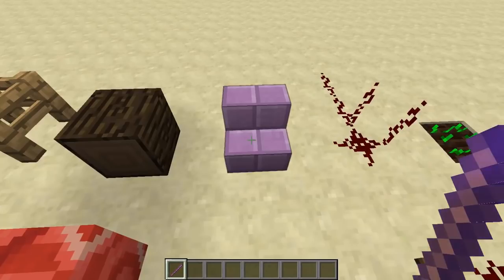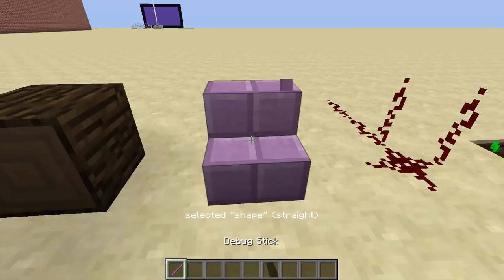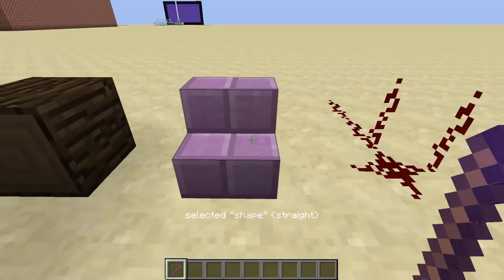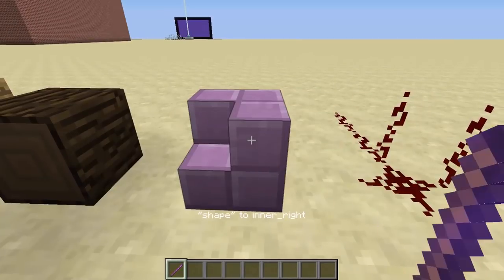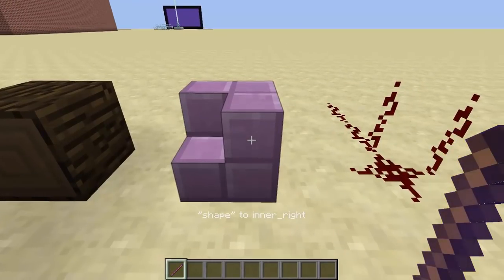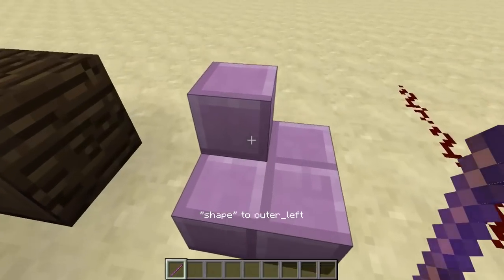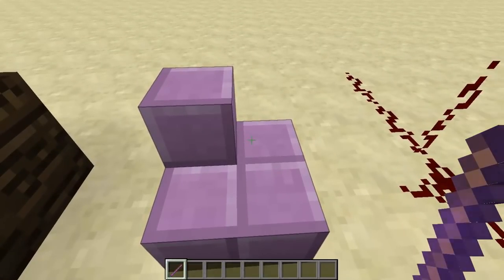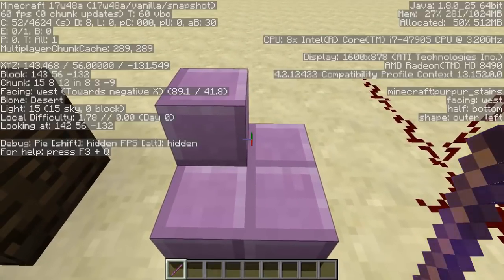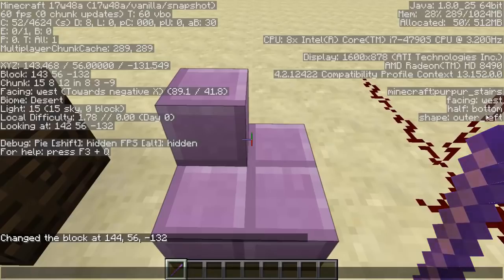Now the half bottom is essentially flipping up and down. What I'm going to do is change the shape, which is really awesome. You can now alternate through the stair shapes without having to place other adjacent stairs. Now you have this really funny variant of it, which is, if you press F3, facing west, half bottom,